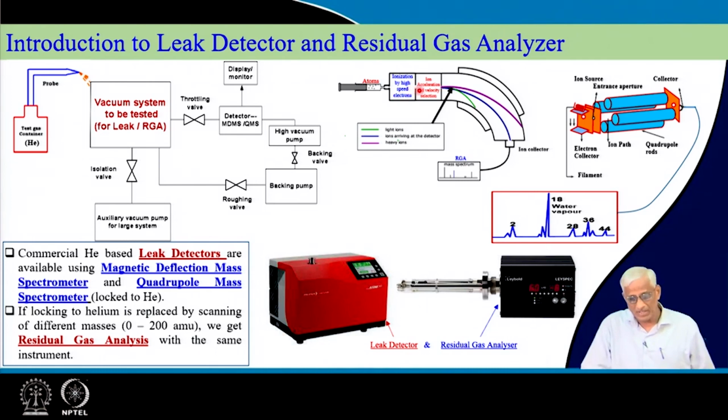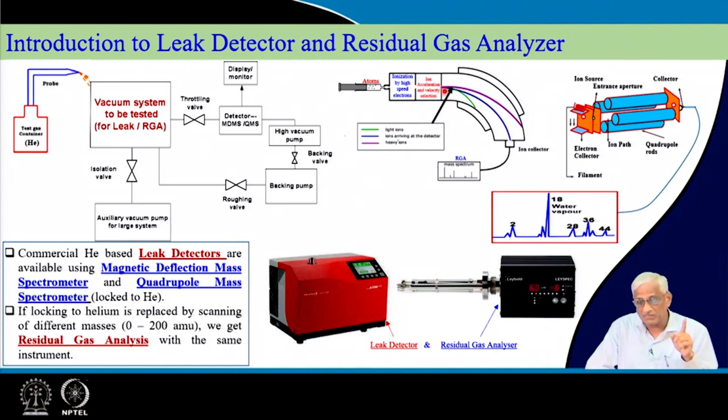These ions will be sent or throttled through an orifice into another chamber, where they will be accelerated, and we will adjust electric and magnetic fields in such a way that a constant velocity is selected for all the ions. It is possible by suitable means, I can show you later, but right now because of lack of time, you assume that all the ions will have similar velocity, because here some atoms may be air atoms, some helium atoms, we do not know. Now, all of them are accelerated. So, all the ions will come here,